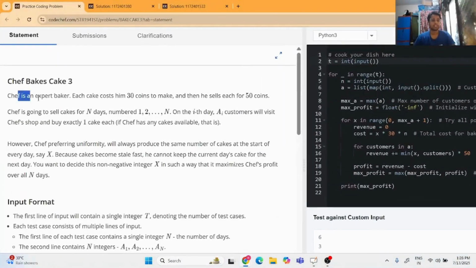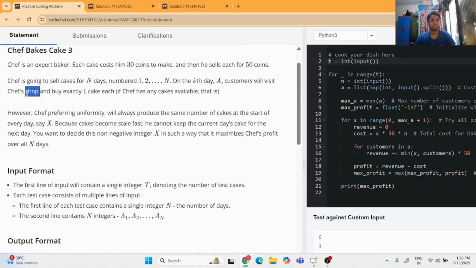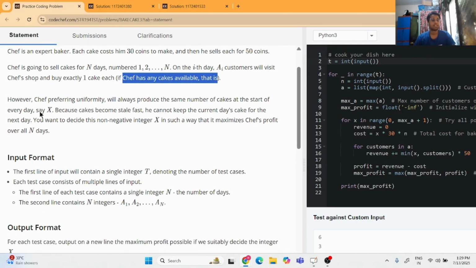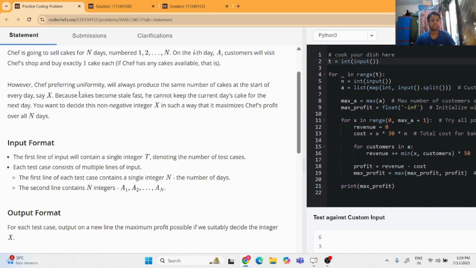So guys, the problem says Chef is an expert baker. Each cake costs him 30 coins to make, and then he sells each for 50 coins. Chef is going to sell cake for n days, numbered 1 to n. On the ith day, a_i customers will visit Chef's shop and buy exactly one cake each, if Chef has any cake available, that is. However, Chef, preparing in uniformity, will always produce the same number of cakes at the start of every day, say X. Because cake becomes stale fast, he cannot keep the current day's cake for the next day. And you want to decide this non-negative integer X in such a way that it maximizes Chef's profit over all